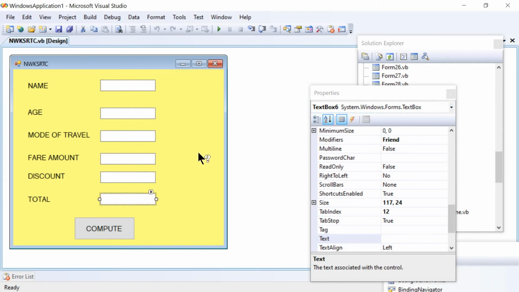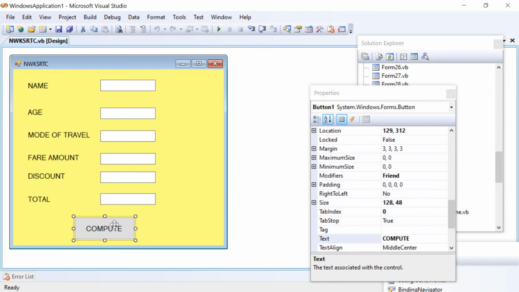These will be blank because some will take the inputs and some will display the results. And here we have taken only button 1. The caption is compute. Right now let's see the properties table.